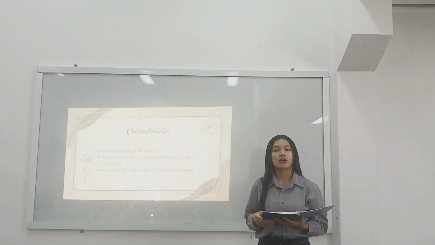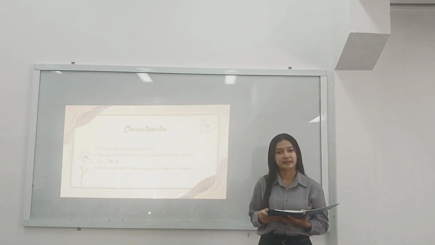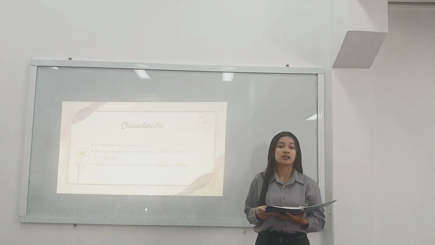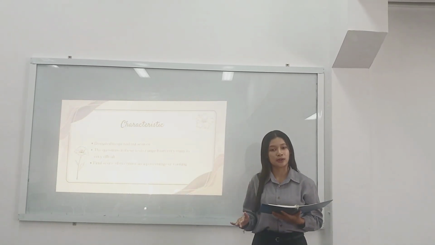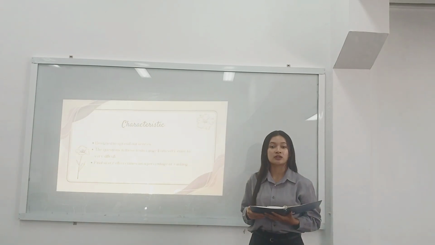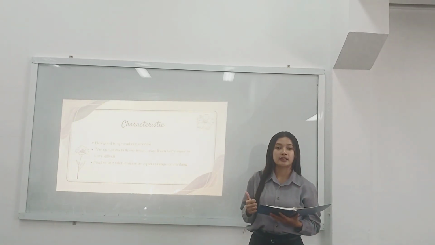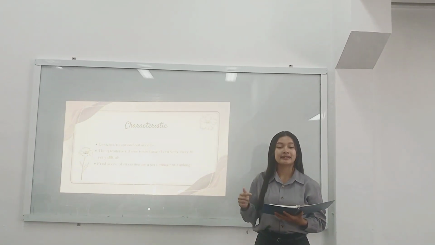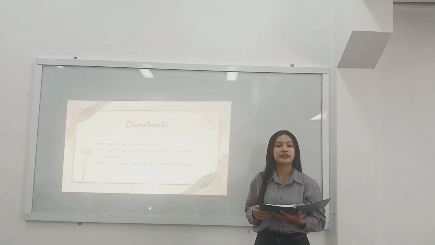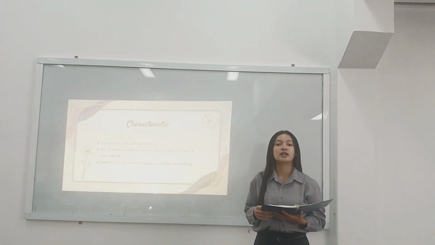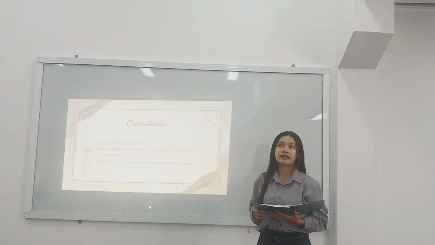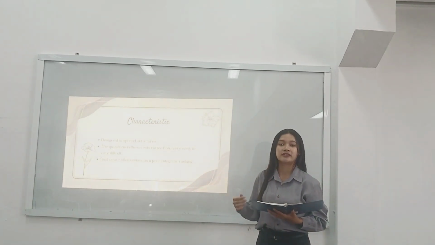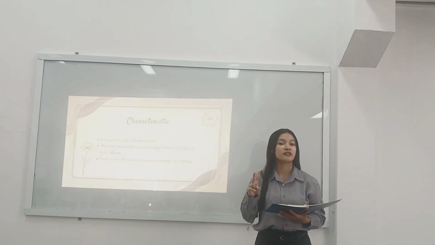Now we talk about the characteristics. The characteristics of norm-reference tests are quite interesting. First, these tests are designed to spread out scores, meaning they want some people to score high and others to score low. It's like spreading students across different grades. Some get A, others get B, C, and so on. The questions range from very easy to very difficult to help create this spread. Your final score often comes as a percentage or ranking, like you performed better than 80% of test takers, or you are in the top 25%.